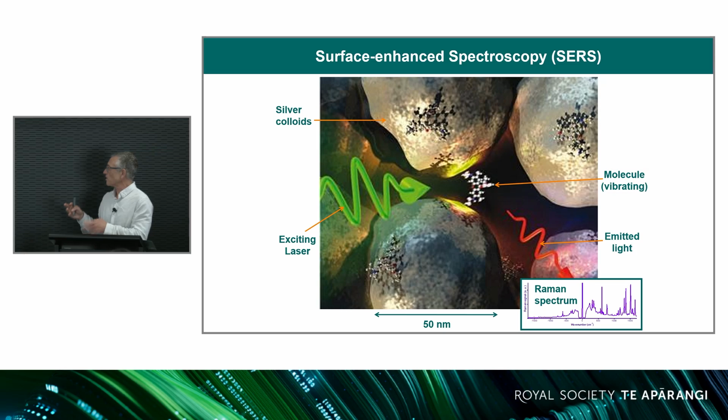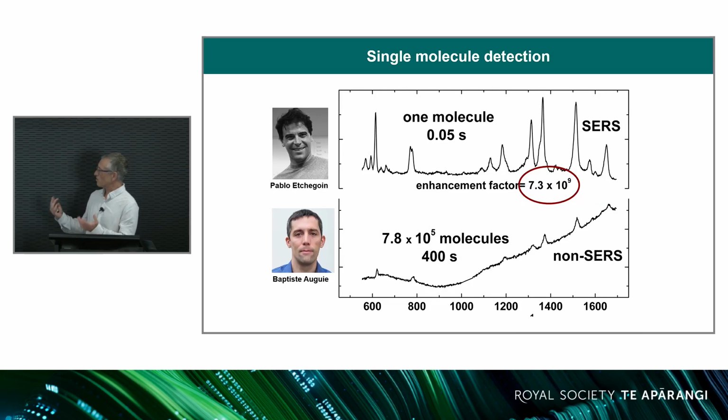And this is the sort of experiments we were doing. We had these nanoparticles. We had molecules that are located typically just at the junction between two nanoparticles. And when they are illuminated with light at a certain wavelength, you can measure their Raman spectrum. And we were able to show that under the right conditions, you could actually detect just one molecule, the one that was right in the middle. And the enhancements we're seeing are huge, of the order of 10 to the 10, billions of times larger. And we spent a lot of time with Pablo Echegonin and my current colleague, Baptiste Augier at VEC, to try and understand the fundamentals of this method.